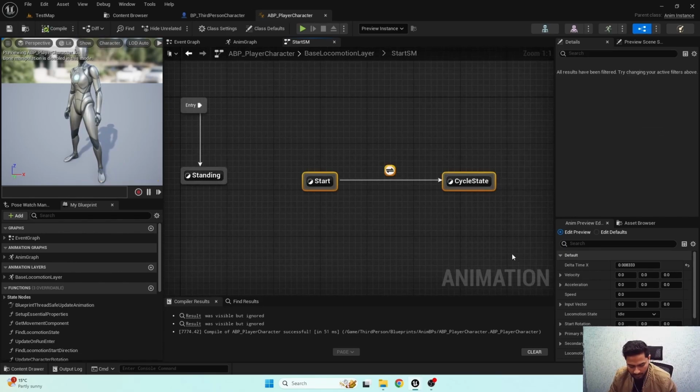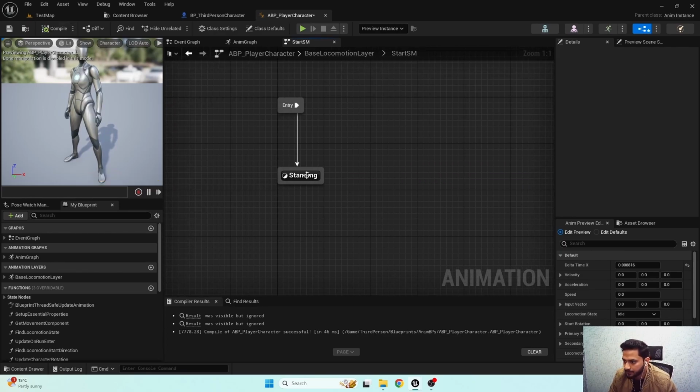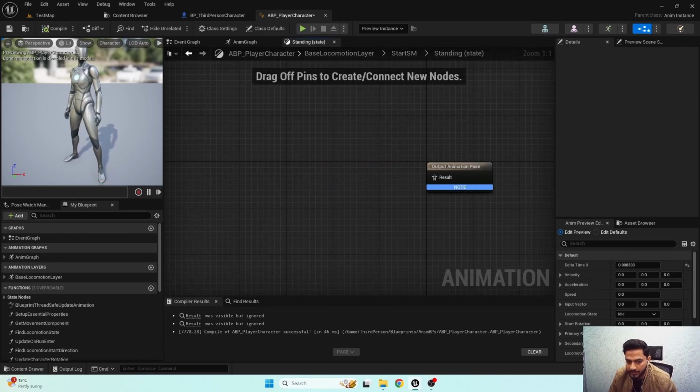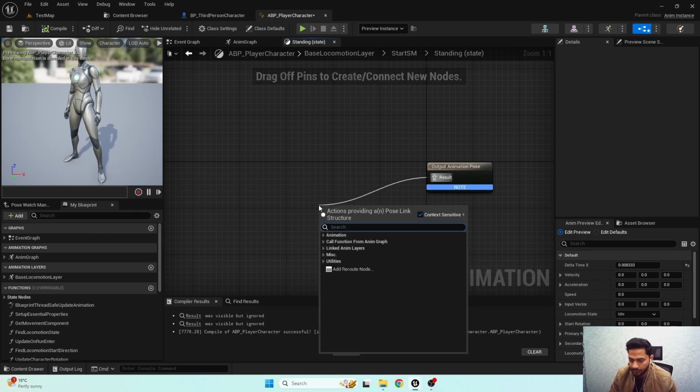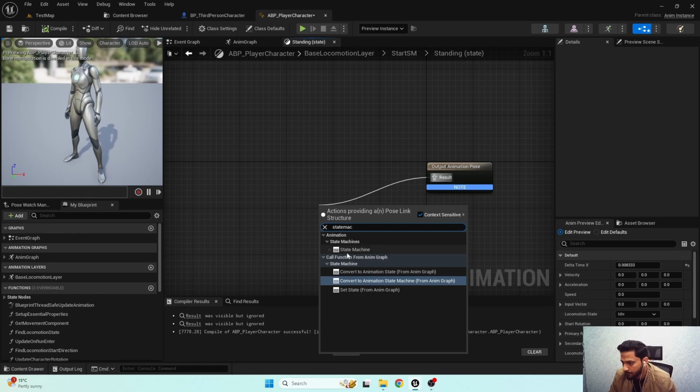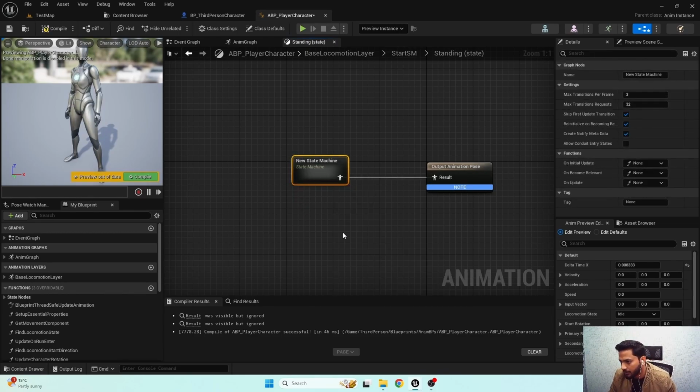I'm gonna cut these states from here, open the state machine, create a new state machine,